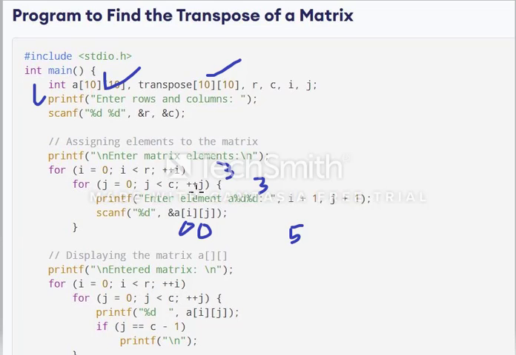Again I increment the loop, j plus plus, so 1 is less than 3 again, and 2 is less than 3, so I am entering the values 5, 2 and 1. So I entered the first row, meaning 0 0, 0 1 and 0 2. Row is 0, meaning i is equal to 0. Next I am entering 4, then the condition fails, so again I update the i value.